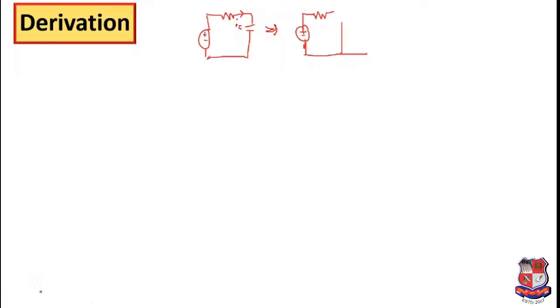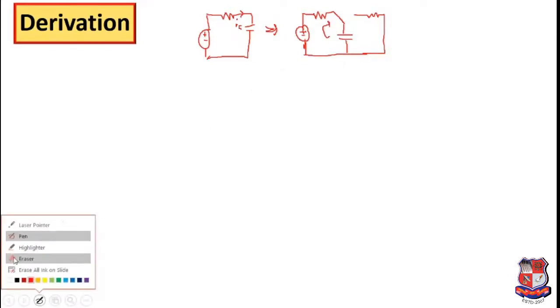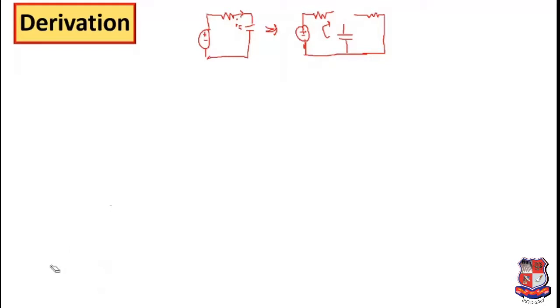so let me draw here, this is removed. So you will have a circuit which looks like this, and over here you can consider that this is a capacitor. Initially this switch was connected over here, so this became the charging circuit. But now this is disconnected and the circuit is connected to this portion. So now this capacitor will discharge.